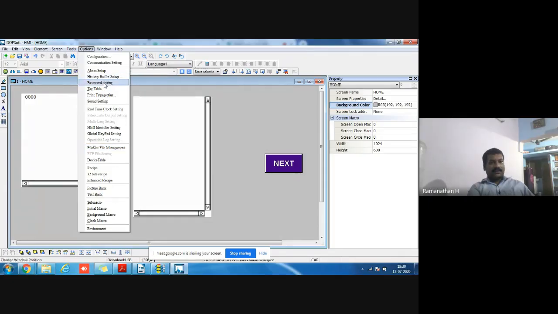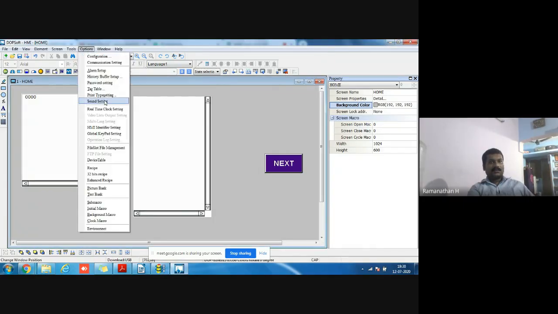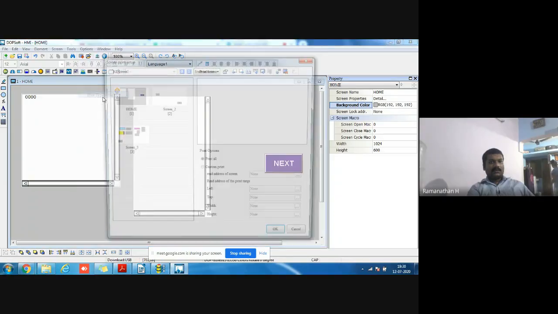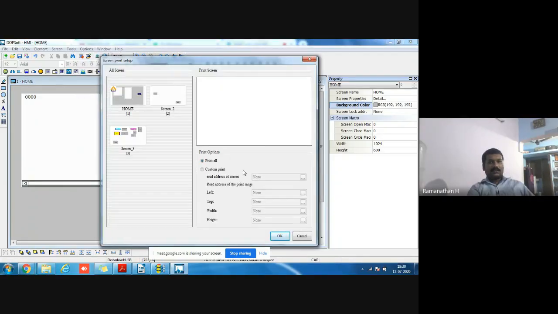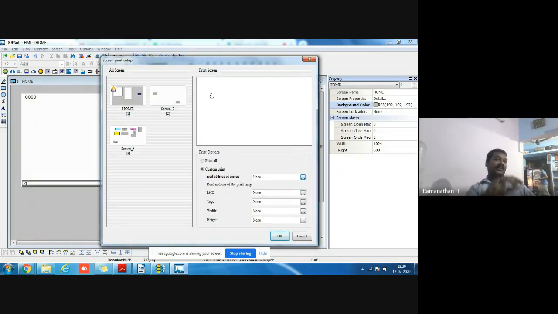Then password setting is also here. This is the level of password, and setting it is not enough. Then the printer, for customized print. Actually, in the first screen, I showed three COM ports and one Ethernet port.